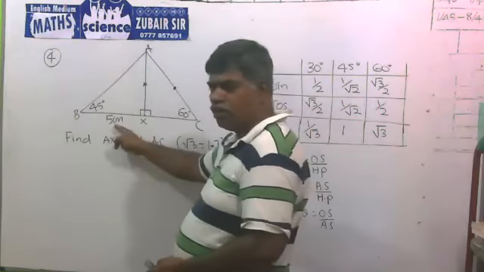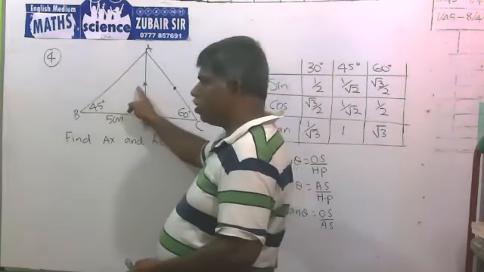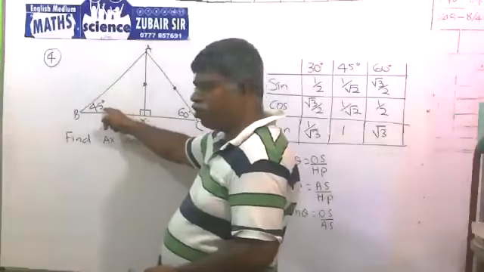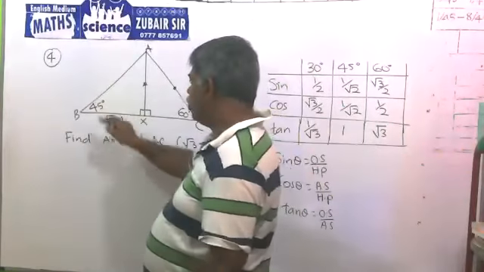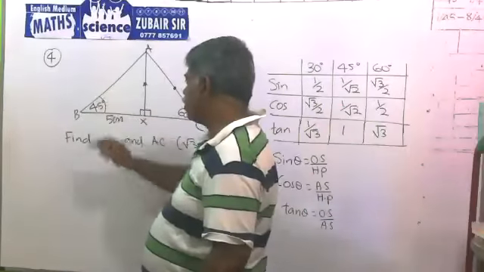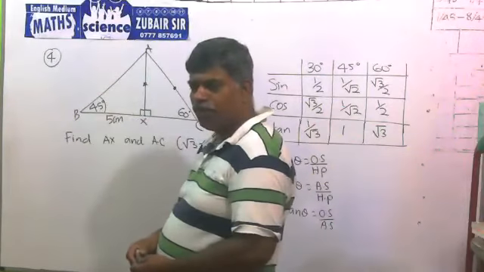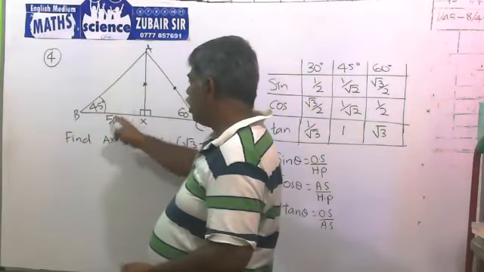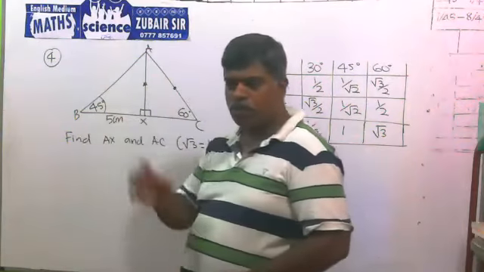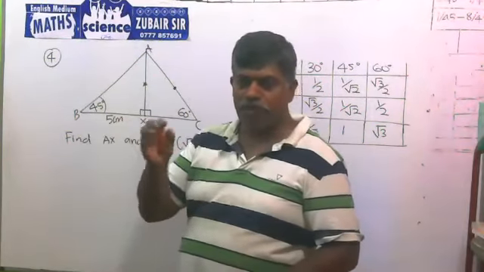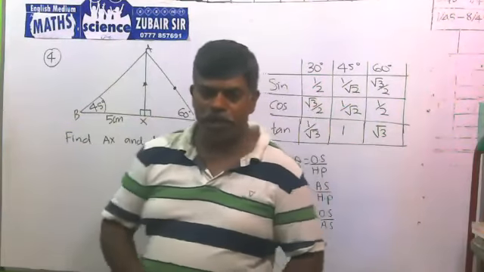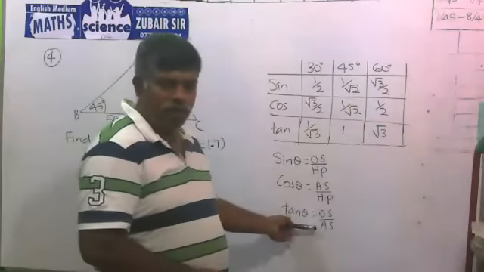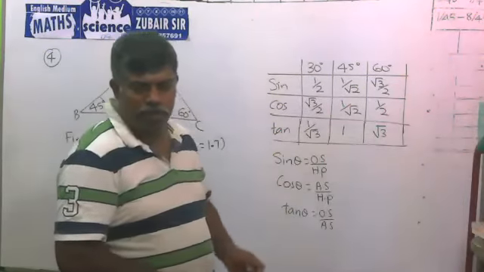Now here this side is given, so this side is the question, and this angle is also given. So we can use the trigonometry relation in this. Here 45 is given. Opposite to the 45 is the question, adjacent is given. So opposite and adjacent, then we have to write the tan relation. In tan relation only we are getting opposite and adjacent.